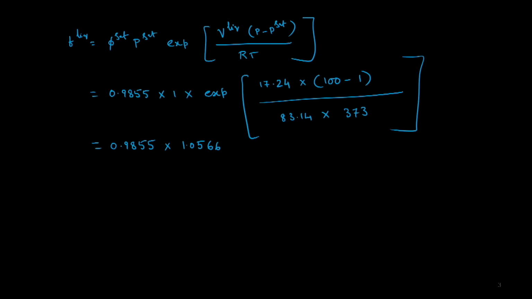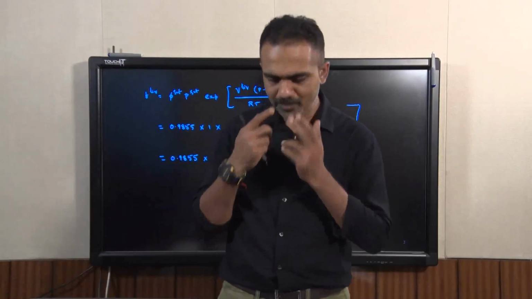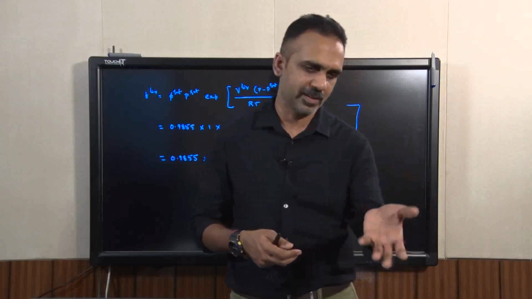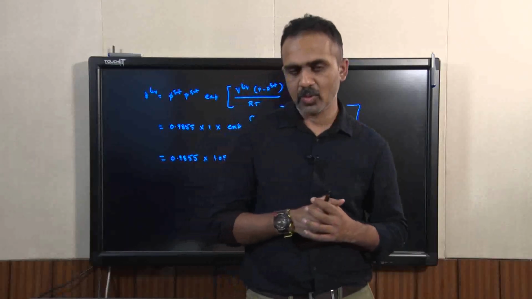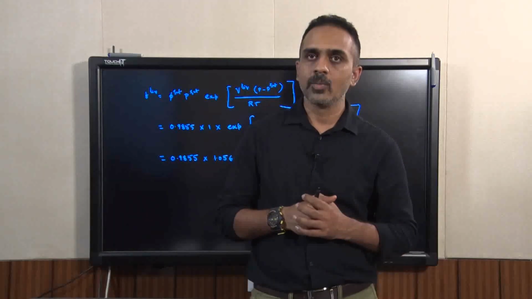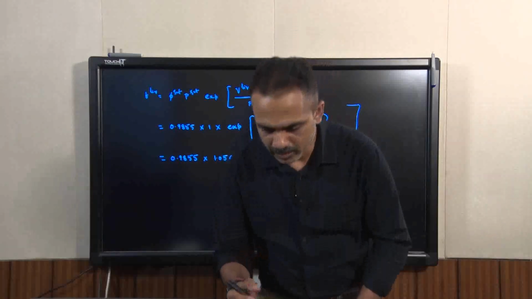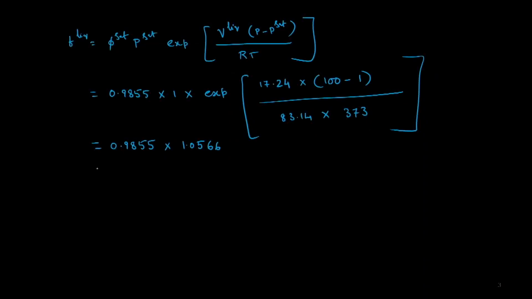So this Poynting correction factor, as you can see, even when the pressure changes by about 100 bar, is only 1.05 for this liquid volume, and this is typically the case. For 100 bar, we have about a 5% change in the molar volume for typical liquids we encounter in the industry. So this is the number we are looking at in terms of the Poynting correction factor and the fugacity at saturation conditions, and once we multiply these two, we will get the fugacity of the liquid,